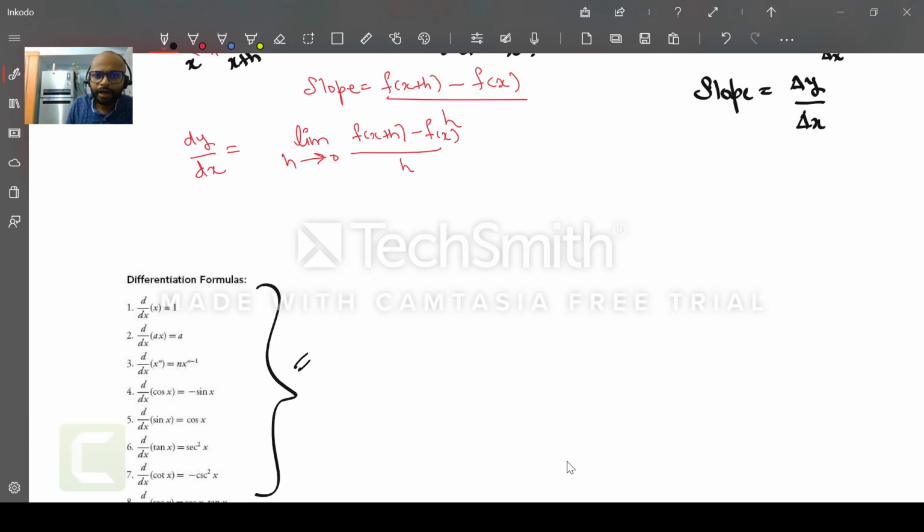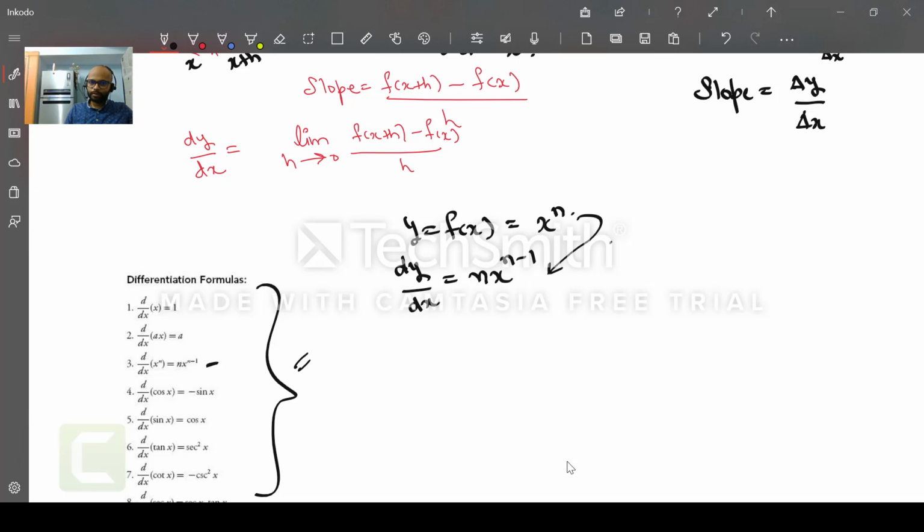Yes. Remember how I told you that y is a polynomial in x? So let us take this over here. The polynomial is x to the power of n. dy by dx is given as n x to the power of n minus 1. So can we find this? Like, can we go from here to here using the concept that we just learned? Let us try it. So for simplicity, I'll just take x to the power of 6. Let's say y is x to the power of 6. Okay, this is my f of x.